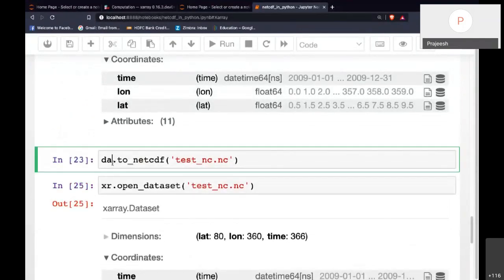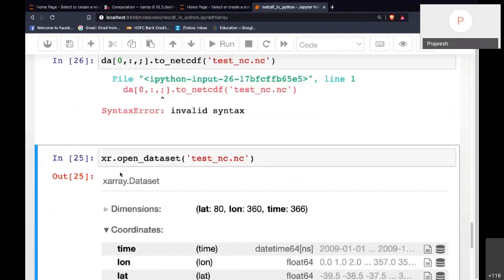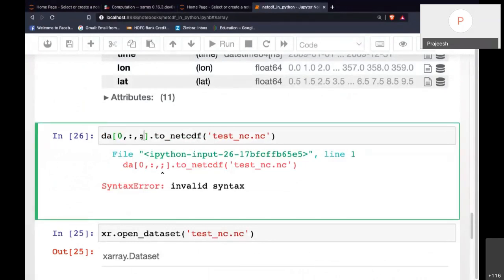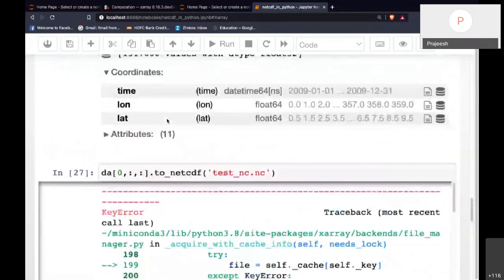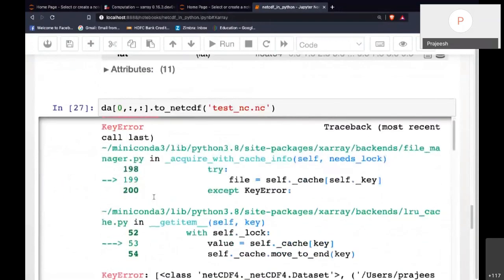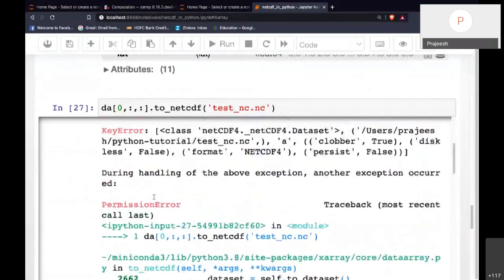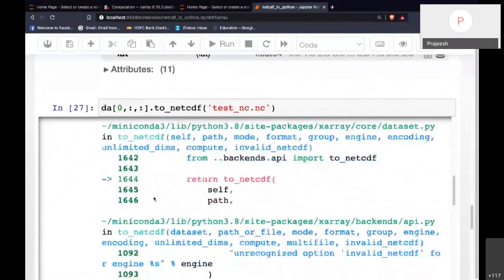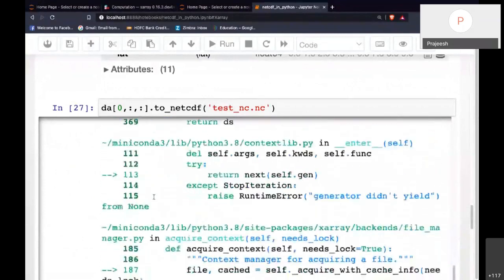You can also subset it and write it if you want to have a small portion of it. So let's say I want only the first time, then you can get it like this. Okay, this file is already there, that's why it's giving this error.